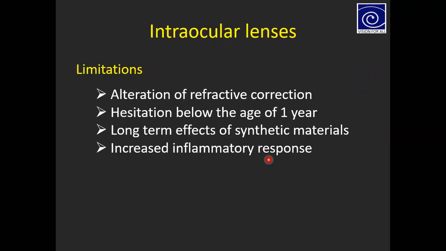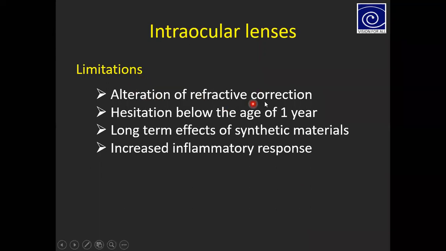But there are some serious limitations with intraocular lenses. One thing is that if the child is less than 2 years of age, there are some surgeons, even in our hospital in some patients, who put intraocular lenses even in a 1 month old baby. We have put lenses even in a 3 week old baby. But we cannot put them in all eyes, especially in a unilateral case.